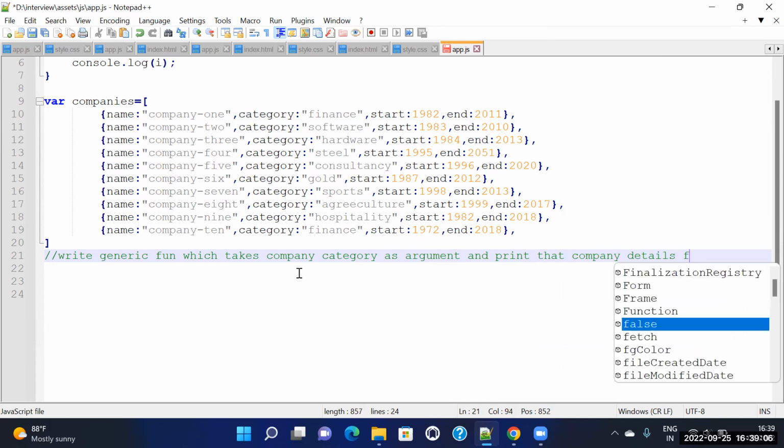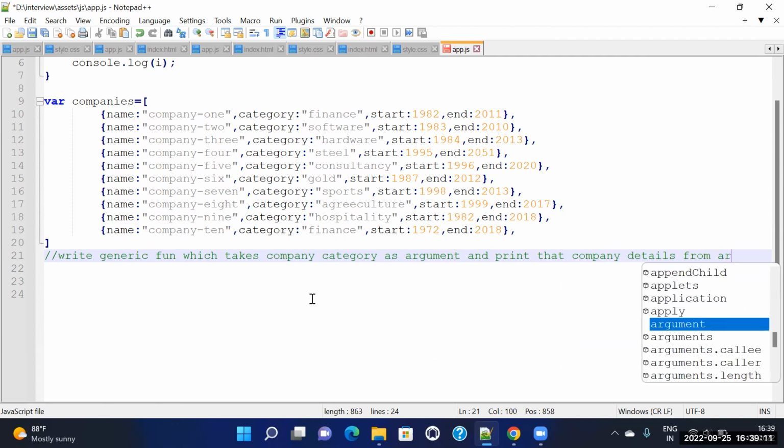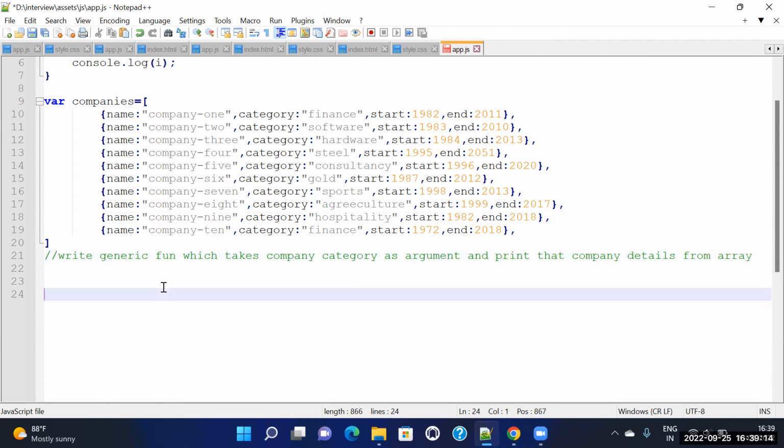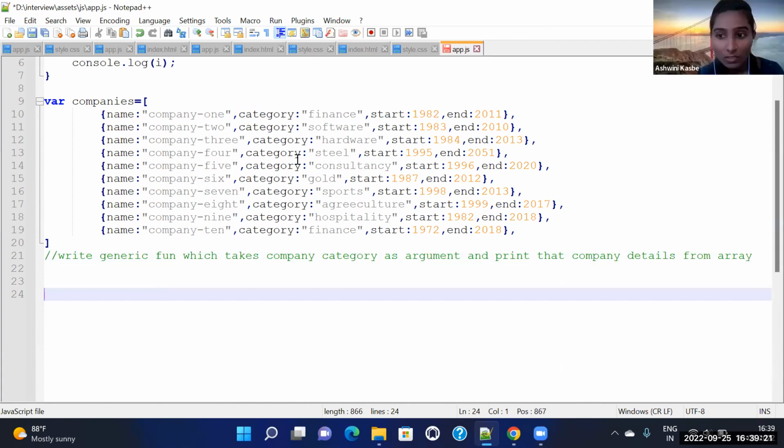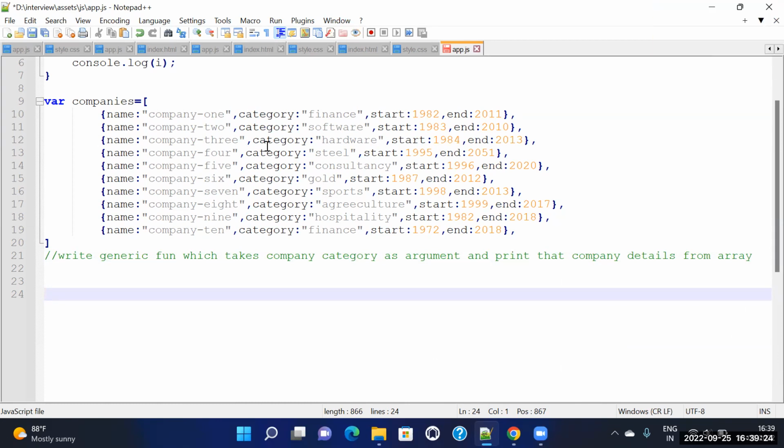So you have to write a generic function which takes a company category like software or hardware, and it will print that whole object. Only one object, sir? Yes, if you give software, then it will print the 11th line with its whole information: company name, category, software, when it started, when it ended.